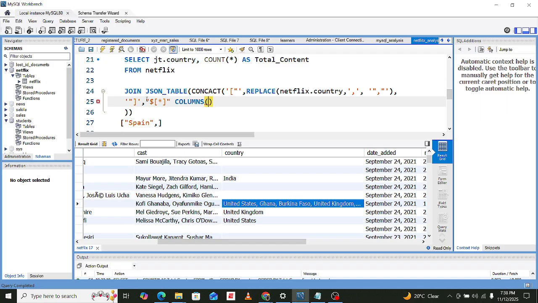Then we are going now to have country. I'm going to have country. And this country is of type varchar. You can give it 45, or maybe just have 25. Our maximum length of 25.